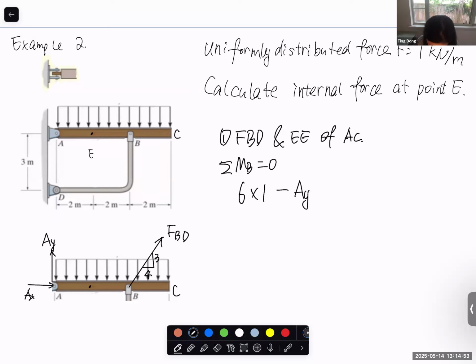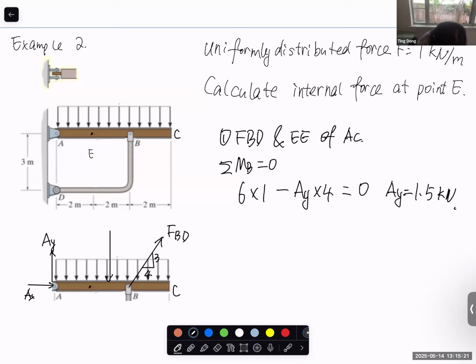Distributive force will generate counterclockwise, so that's positive. And the moment arm, it's 4 meters. So this one equal to 0. AY equal to 1.5 kilonewton. Wait, sorry, why is it 1 meter, not 2 meters? Let me put it here. So